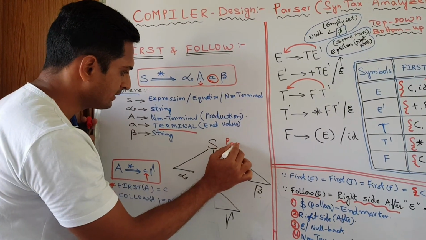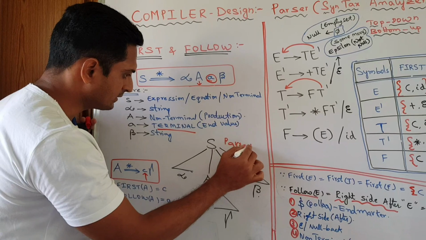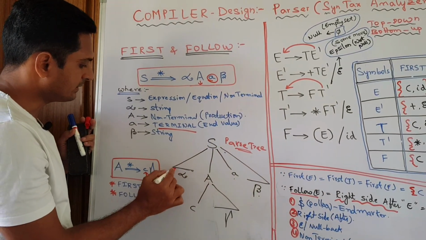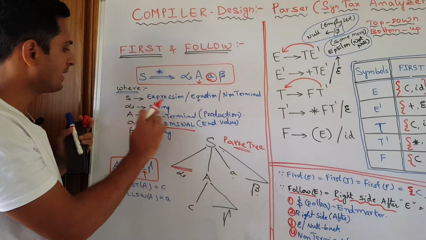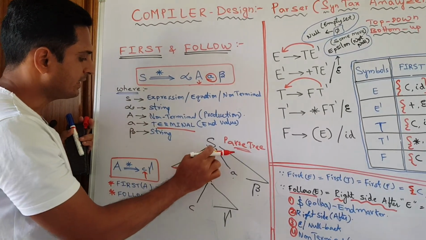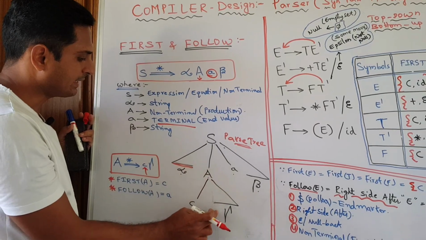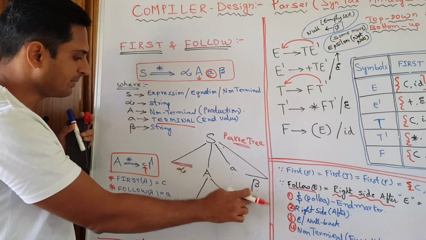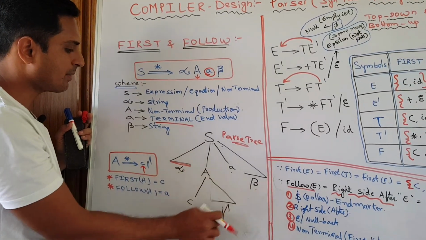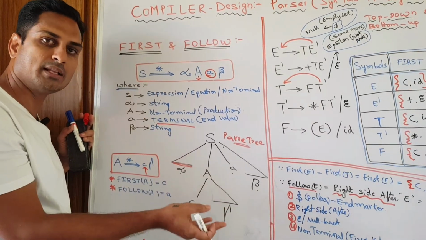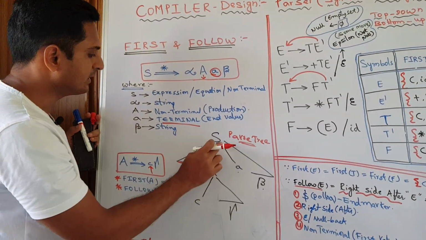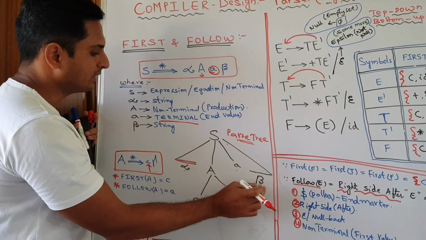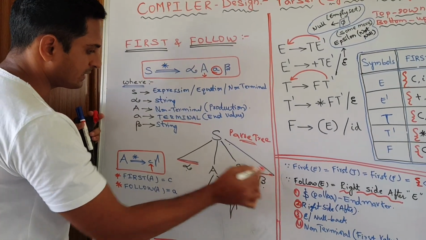This is a parse tree, right? S tends to alpha, written like this because this is a string, some expression is there. S tends to capital A, which again has a production, that is small c gamma, alpha, beta, gamma. Alpha, beta, gamma are strings, means terminals or non-terminals or any value will be there. S tends to small a is terminal, end value. S tends to beta, right? Beta, again some expression is there here.